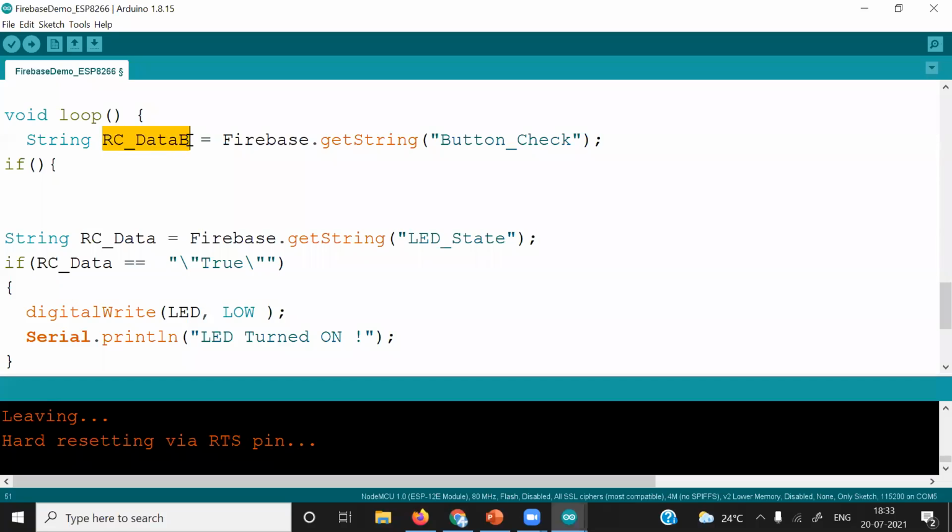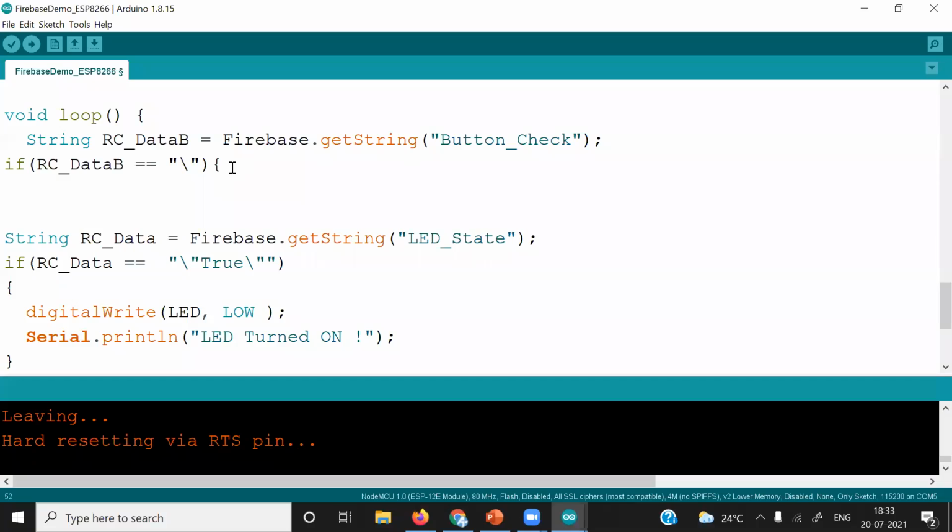Now take this, put it with Control V, equals to. We are comparing RC data B, which is button data, to true. We only want to check this LED state when this button is pressed.